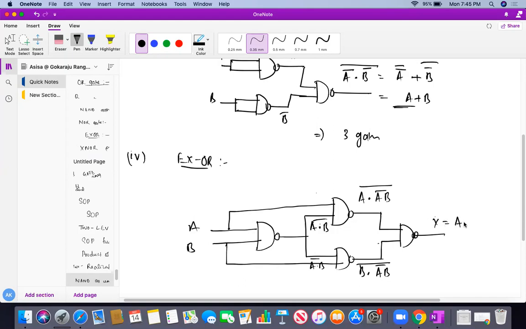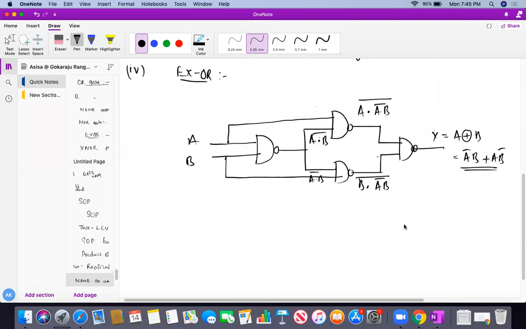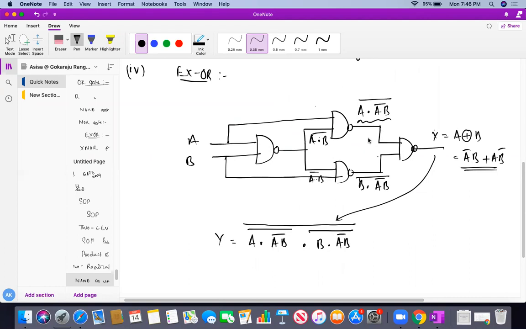This will be Y, A XOR B, which is nothing else than A bar B or AB bar. Now I want to prove this. The two inputs go to the NAND gate, so obviously I can expect the output Y to be A and AB bar, and B and AB bar, and finally it goes to the whole bar. Am I correct, students? The output will be like this. So the two inputs are A and AB bar whole bar, B and AB bar whole bar. So obviously I finally have again a NAND gate.